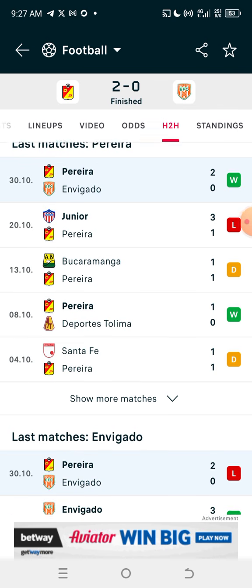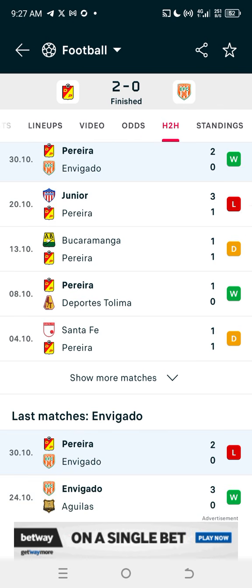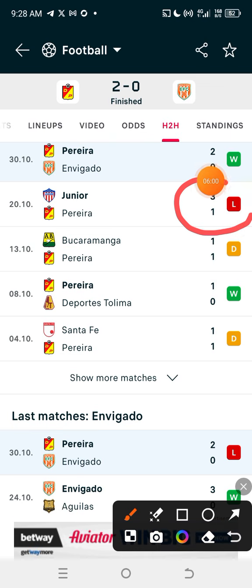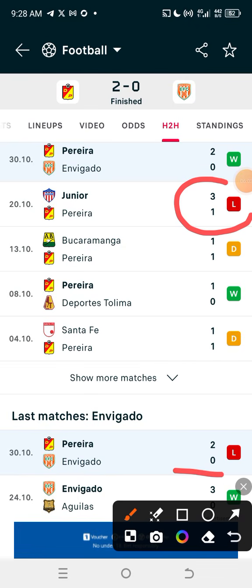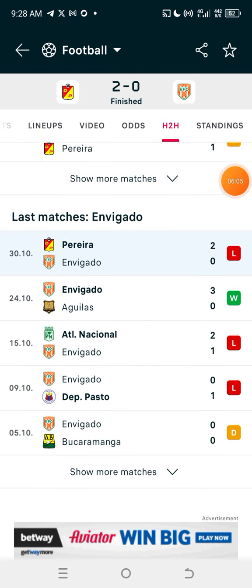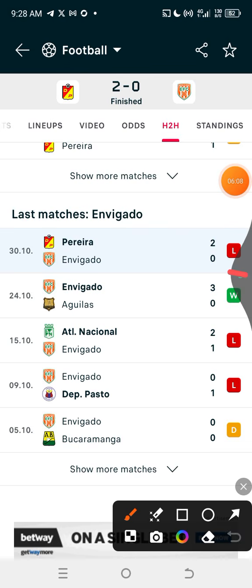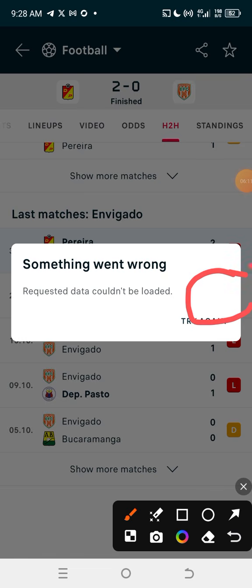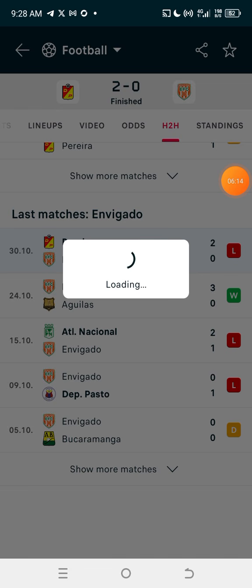So you want to make sure that the winning team, according to 4bet, must have lost their last matches, and the losing team must at least draw or win their last match. So you can see this particular losing team, according to 4bet, won their last match, which is okay. Now, after getting these two things from Flash Score,